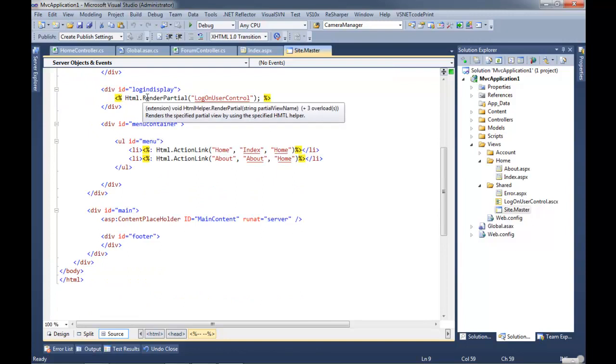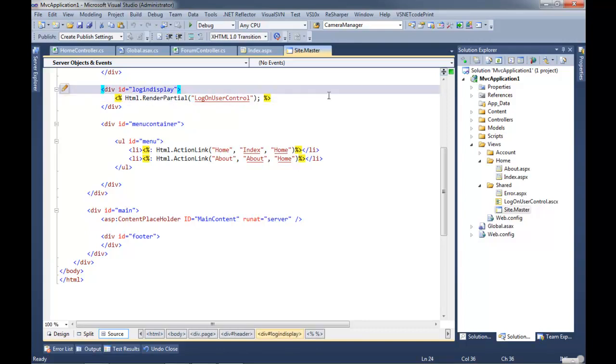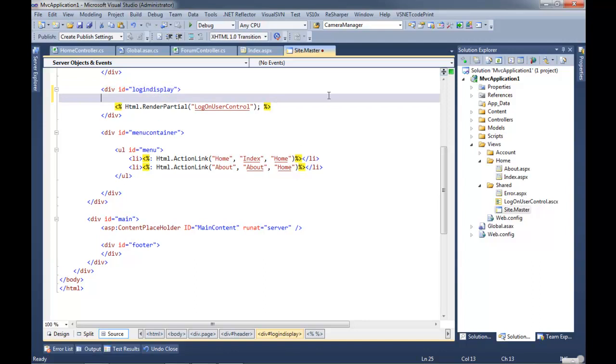And you'll see this Html dot. This Html dot you will be using a lot of. It's called the helper, the HTML helper. If any of you guys have Ruby on Rails experience, you'll know the term helper, and it's the same concept. If we were to fire up IntelliSense on this guy,